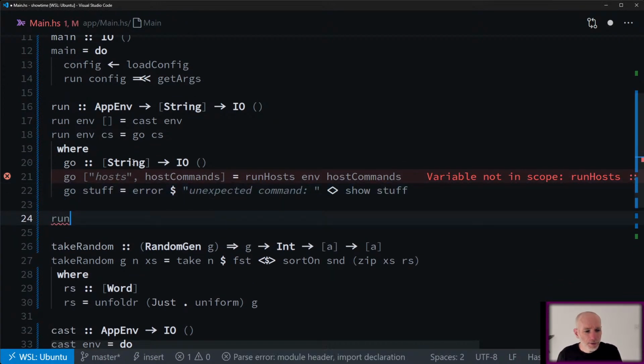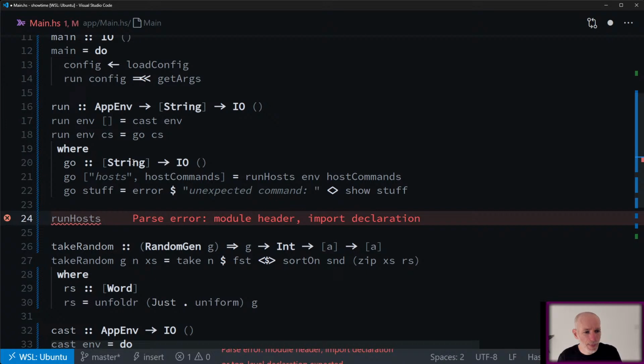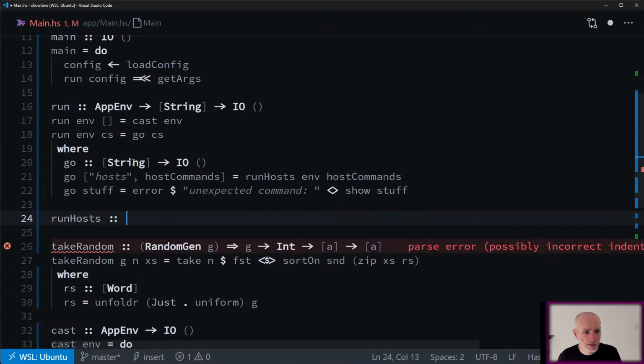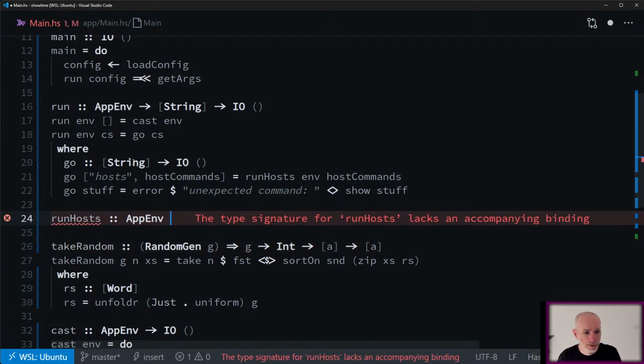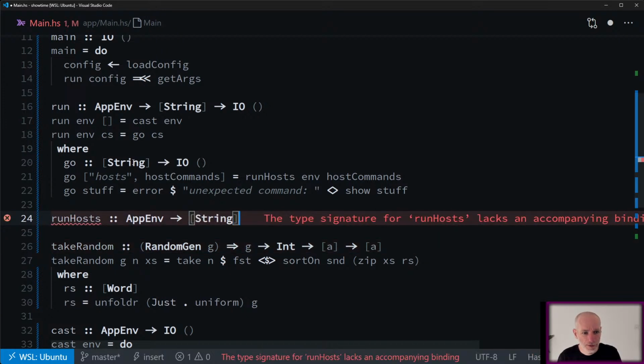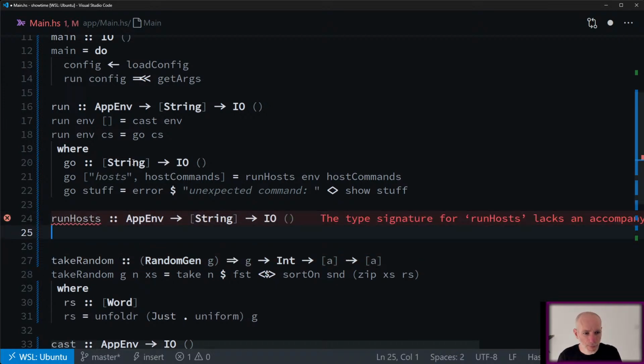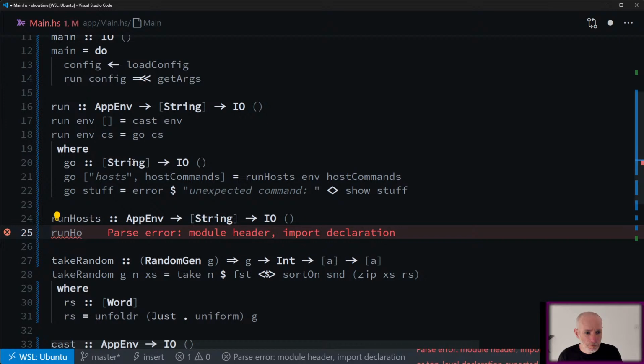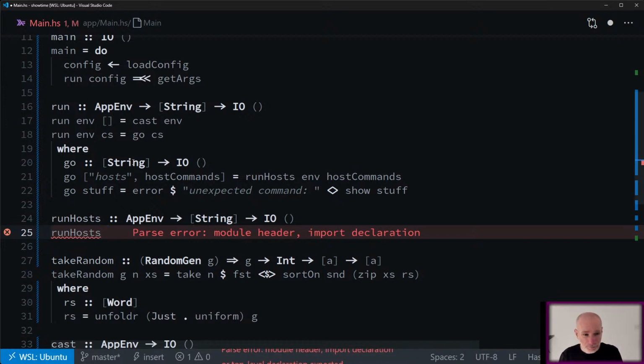So now we need to run hosts, and this will now take AppEnv again, and it's going to take a list of strings, and it's just going to run under IO. So now these are the subcommands.